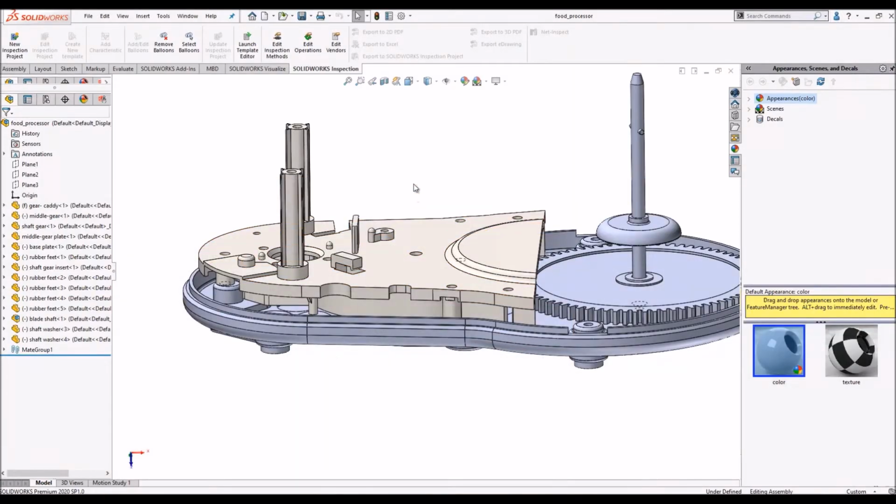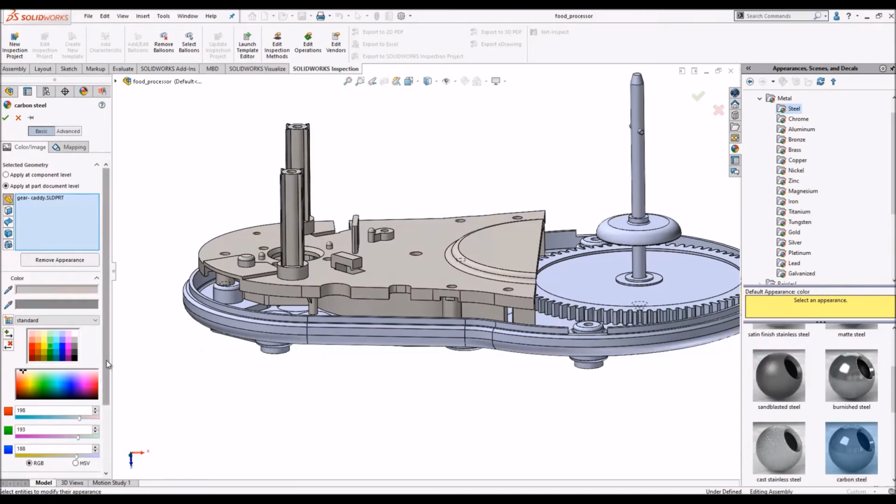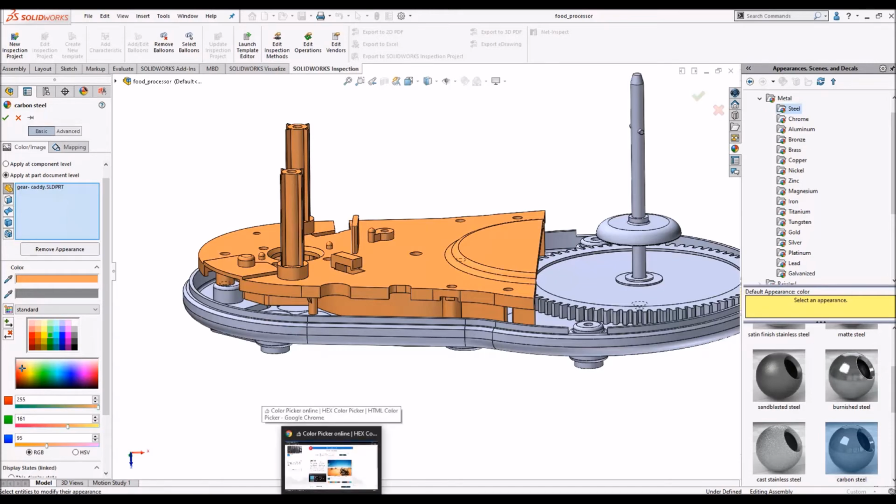Now if we know the RGB color code, then we simply select the component and we edit the appearance to add the desired RGB value. So here we have a slider wherein the color changes, or if you want the exact color RGB, we can do that. Now if you have the values you can always put it, but if you don't have, this is the correct tutorial for you.